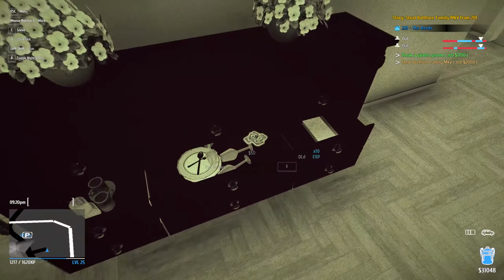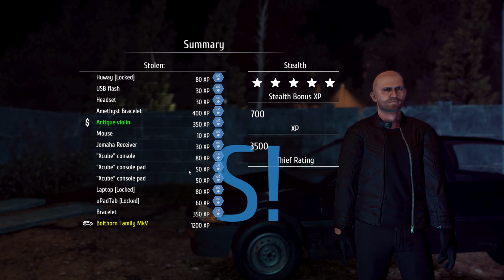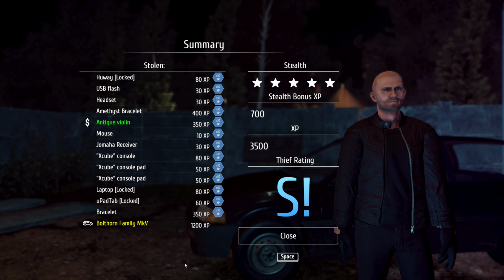Let's break into this car. Same thing as before, just hotwire the car. And we are going to take off right now. Perfect. And we got it. We got the newer, more modern, more beautiful version of the last truck that we stole. Beautiful. So we got an antique violin, got the family vehicle, and of course we did miss out on the...